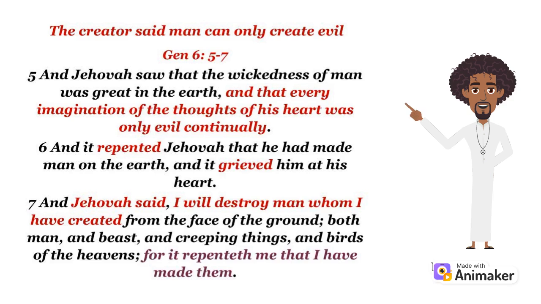This statement is also referenced in Genesis, 6th chapter, verses 5 to 7. It reads, "And God saw the wickedness of man was great in the earth, and that every imagination of the thoughts of man's heart was only evil continually. And God was repentant that it had made man on earth, and was grieved in its heart. Then God said, I will destroy man whom I have created from the dirt." For God was repentant, or sorry, for the creation of men.